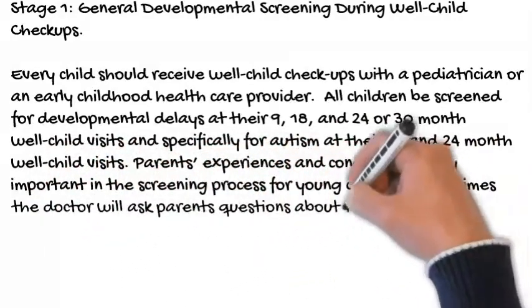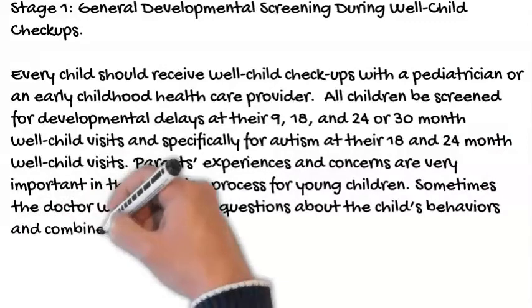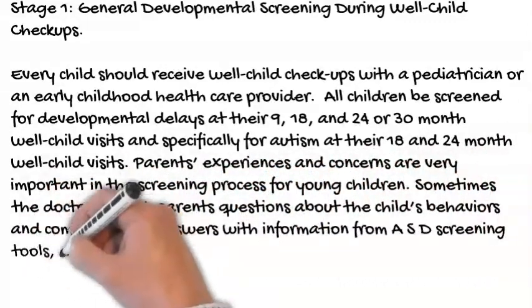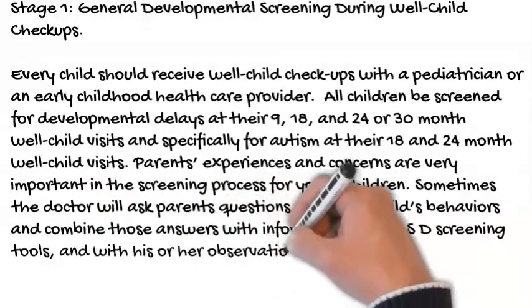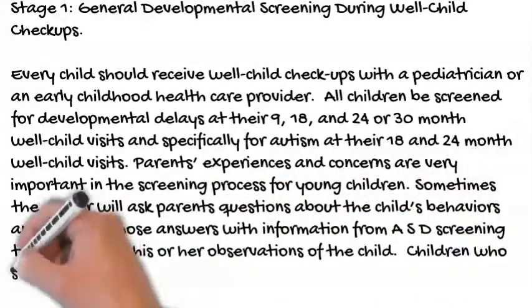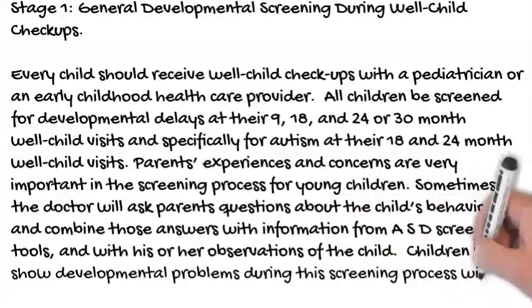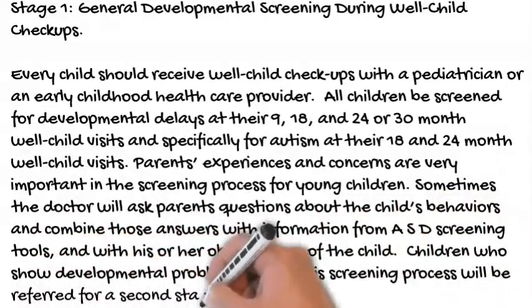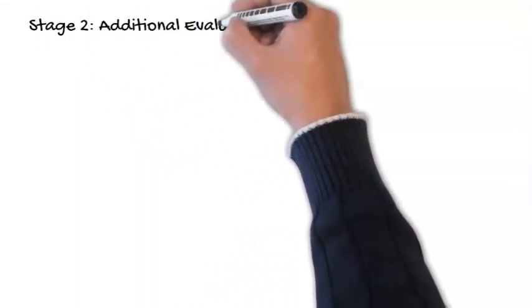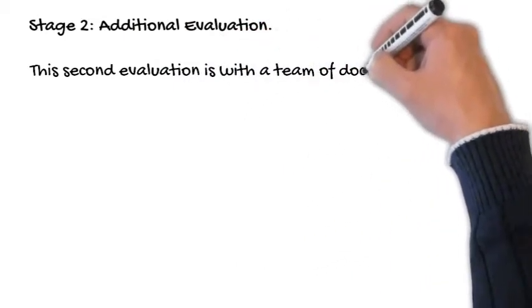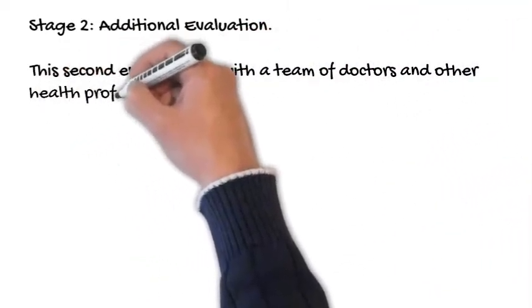Sometimes the doctor will ask parents questions about the child's behaviors and combine those answers with information from ASD screening tools, and with his or her observations of the child. Children who show developmental problems during this screening process will be referred for a second stage of evaluation. Stage 2. Additional evaluation. This second evaluation is with a team of doctors and other health professionals who are experienced